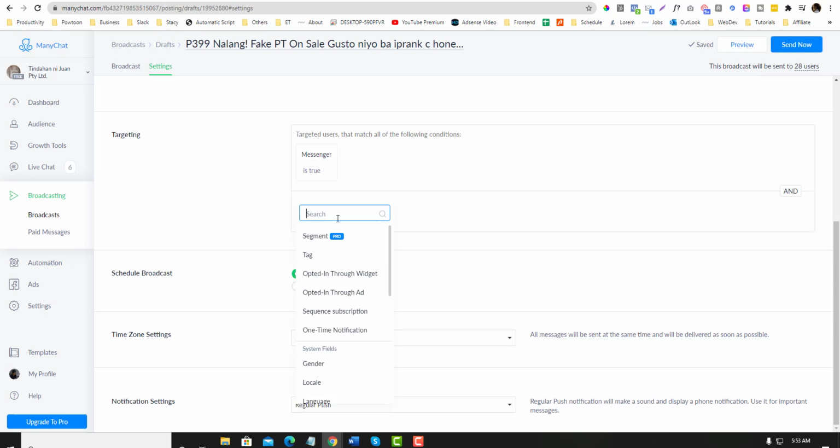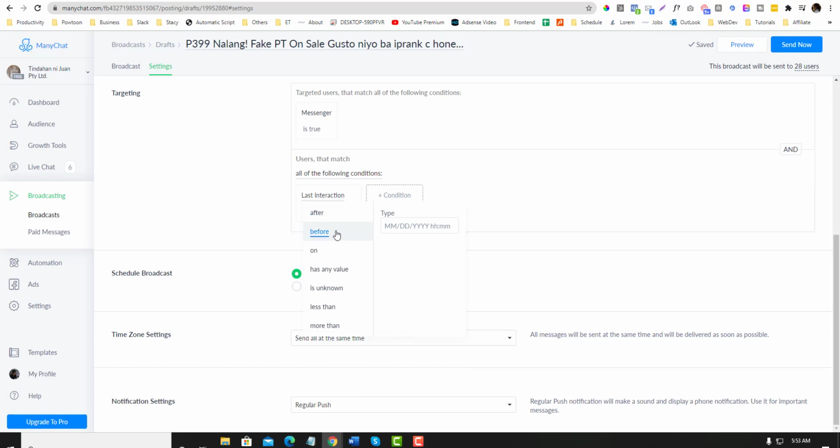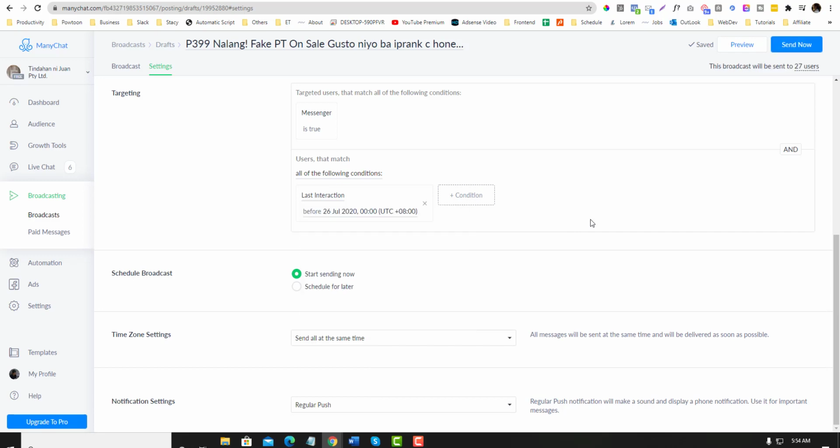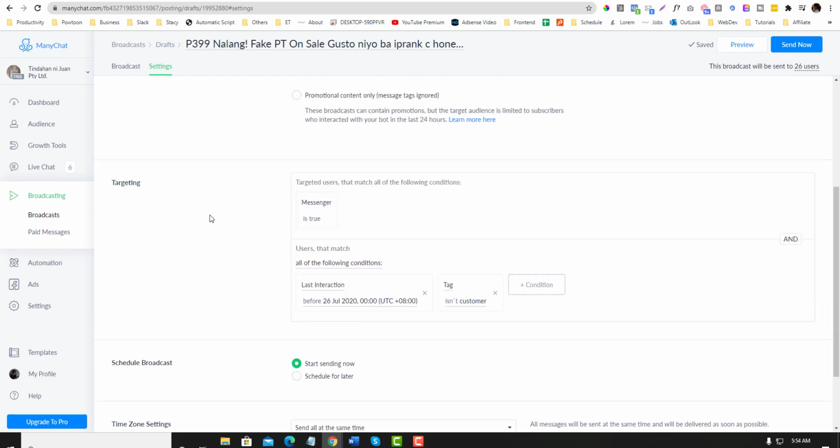Now I'm gonna set a condition called interaction. So last interaction. So I want to target those people who interacted with me before July 26th. So before July 26th, and then I will add another condition. So I also want to target those people that aren't a customer. So basically all tags that are customers will not fall in this logic, which means they will not receive this